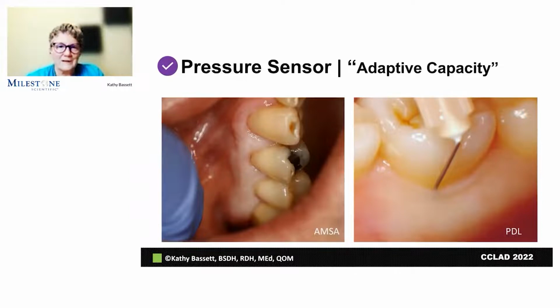So here's an example of the benefit of that. We think of the adaptive capacity of tissues, really getting used to looking at blanching. If you're doing a periodontal ligament injection, that's one of our key visual cues for success, that peripheral blanching. On an AMSA injection, same thing. We're looking for that blanching pattern. We're looking for that diffusion through tissues. And that's really easy to manage with those slow pressure settings on these devices.